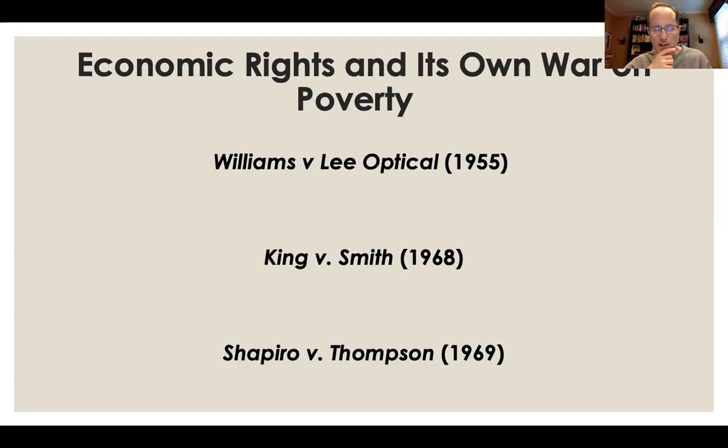So in the case of King, Miss King had 4 children. The father of the first 3 died. The father of the 4th was not in the picture. So she started a relationship with a gentleman who also had multiple children. He would come over to her place and would spend the night numerous times, right? So the state of Alabama, Selma, Alabama, withdraws her benefits here. The Supreme Court overturns these man in the house rules, arguing that you cannot deny the